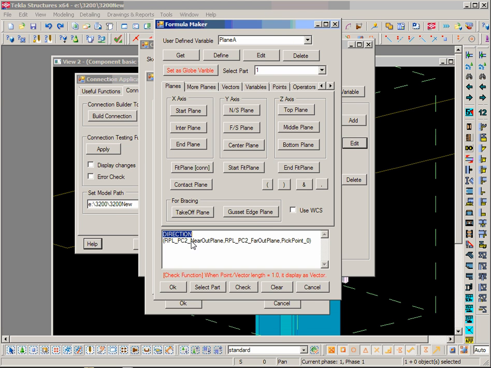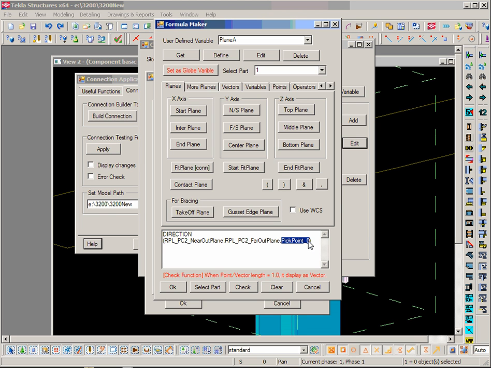So check the near out plane and far out plane. That is the plane flush with the toe of the flange. So check its near side or far side by the direction of the